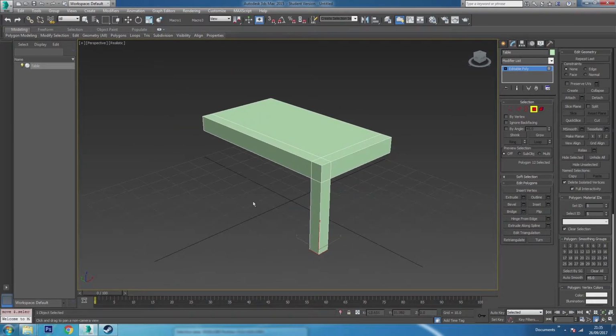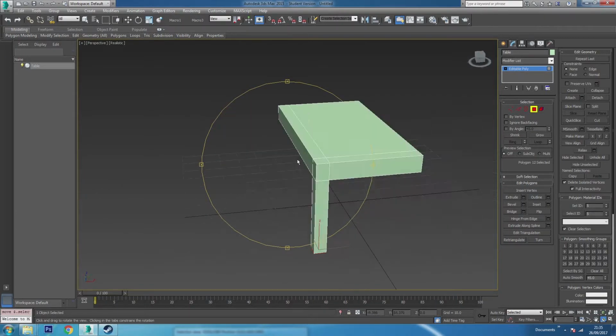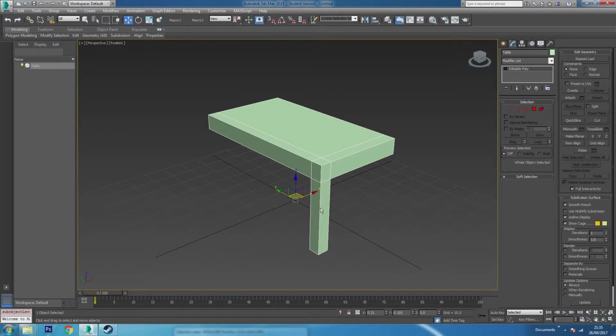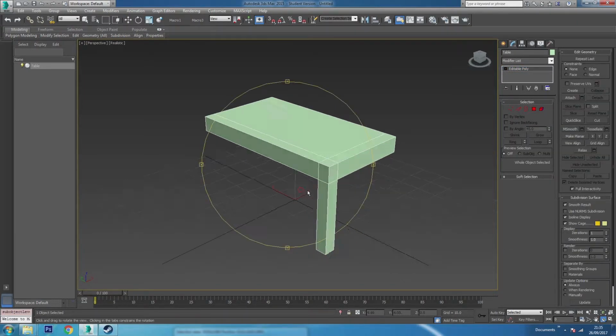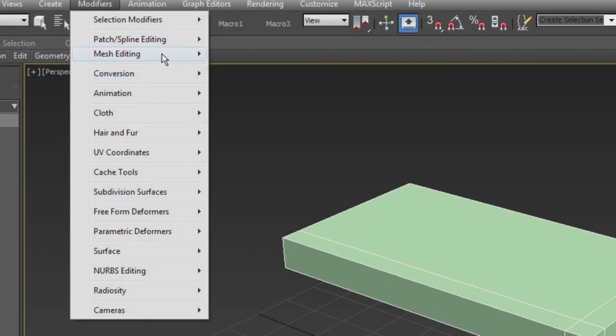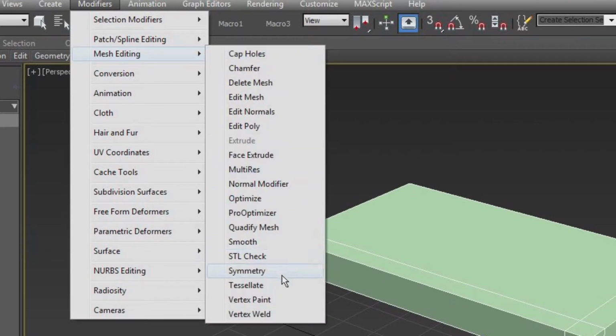So I've made a quarter of my table, and what I really want to do is use some modifiers, specifically the Symmetry modifier, to make the rest of the table for me. So the first thing I'm going to do is untick polygon so that the Symmetry modifier uses the pivot of the object. And I'm going into mesh editing and I'm going to go down to